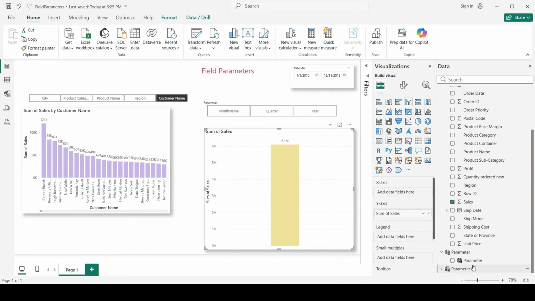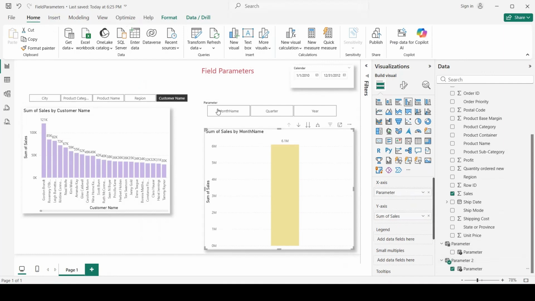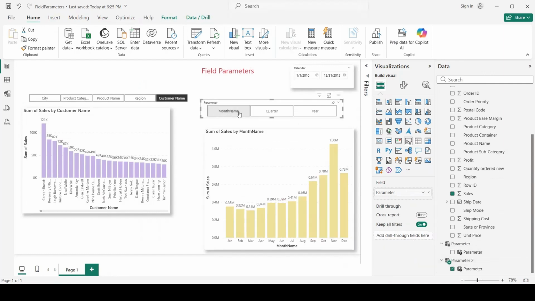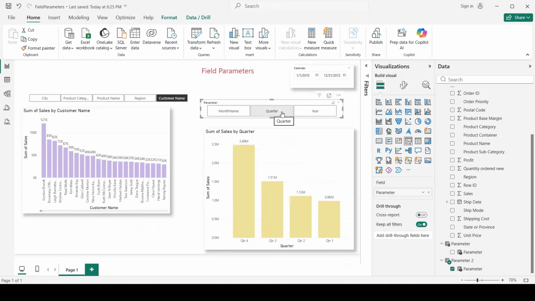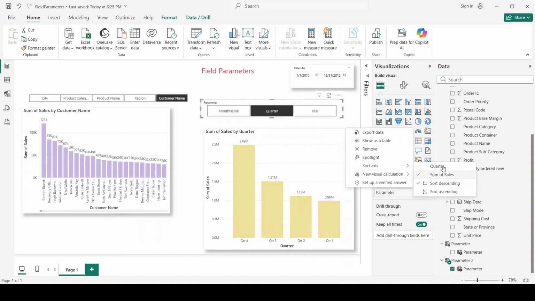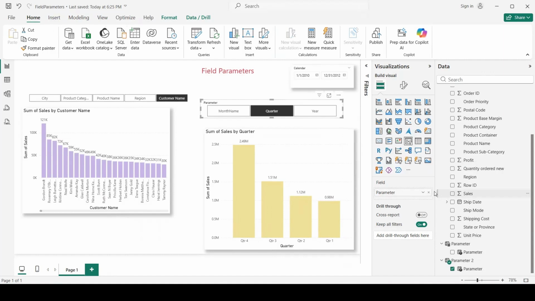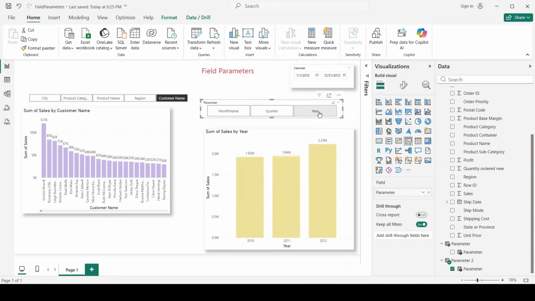So we'll just drag and drop here. And now we can see by month, by quarter. We can sort quarters in an ascending way, like that. We can also visualize by year.